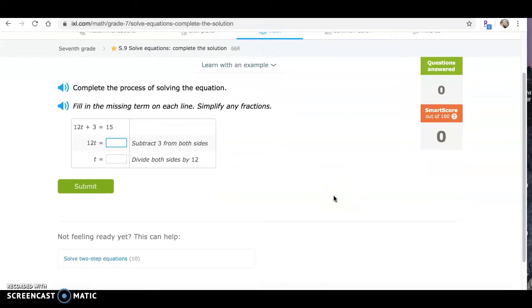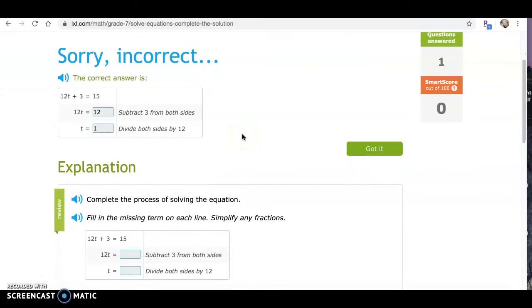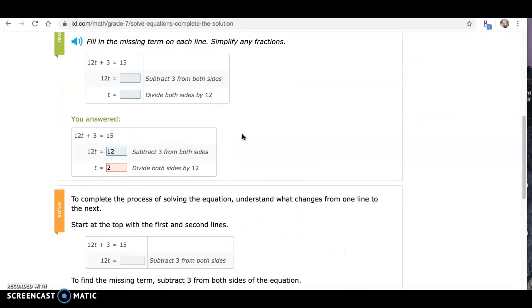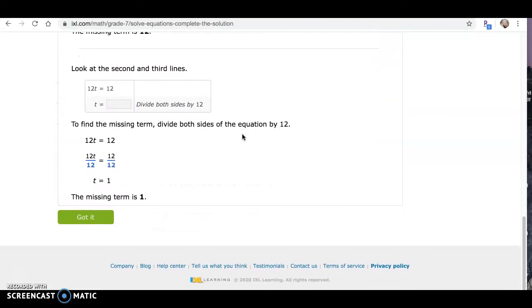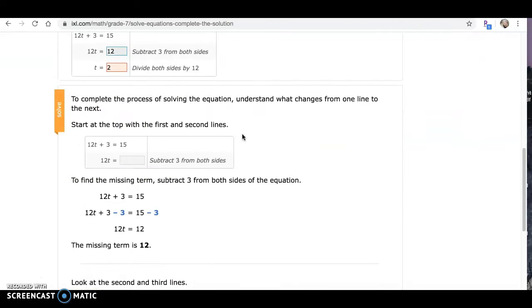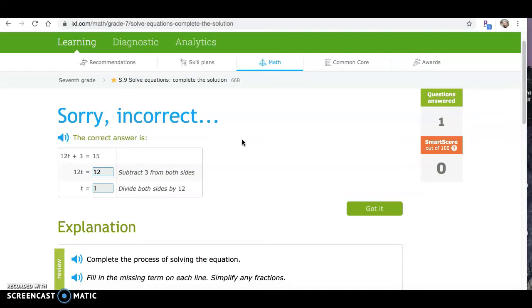And if you get a problem wrong, so let's see, I subtract 3 from both sides, so this will be 12. So then let's say I said my answer is 2, which should be incorrect. It'll say, sorry, that's incorrect, and give you an explanation of what you did and how to work through this given problem. So that's pretty cool about that as well. So make sure you're looking at that if you're not getting them